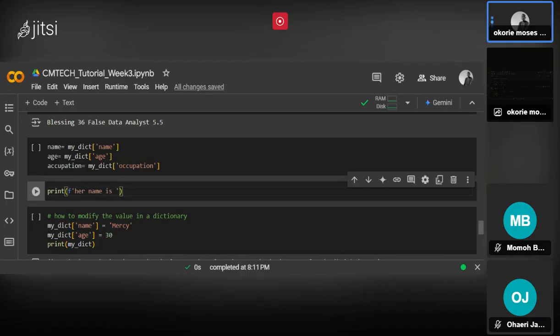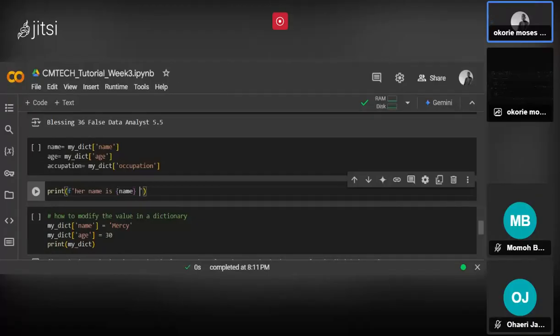Let me say her name is, so we are using the printing format now. We will go into printing format later, that is why I'm using this F, which is a type of printing format to get information. So you see it at the beginning, at the end, or in subsequent class you will see it. His name is,